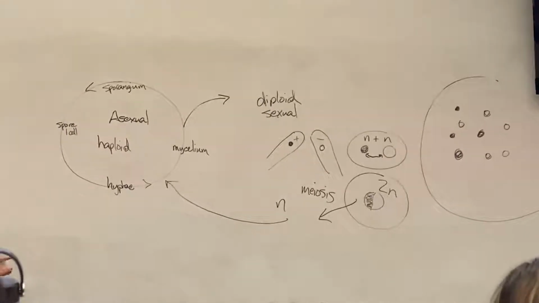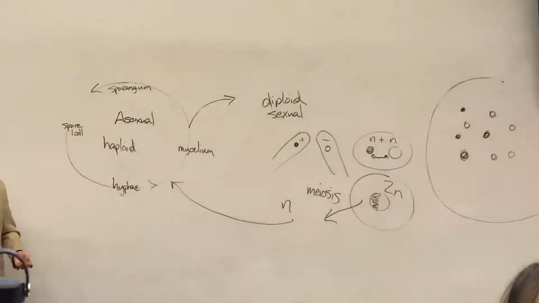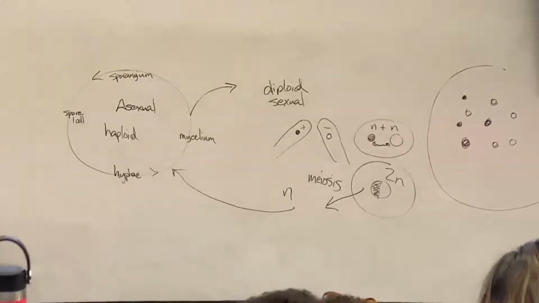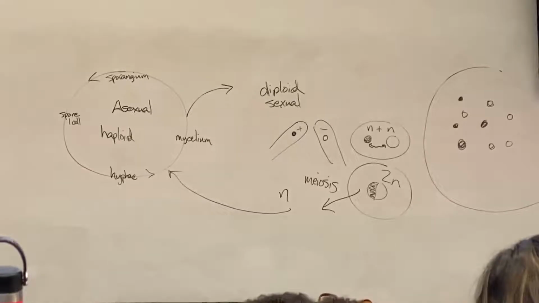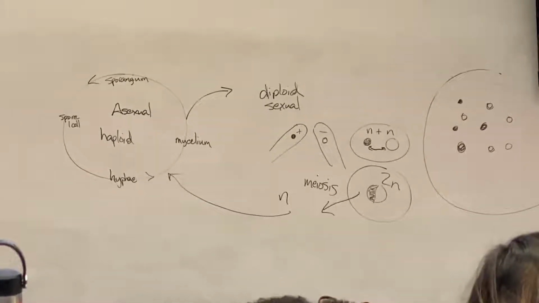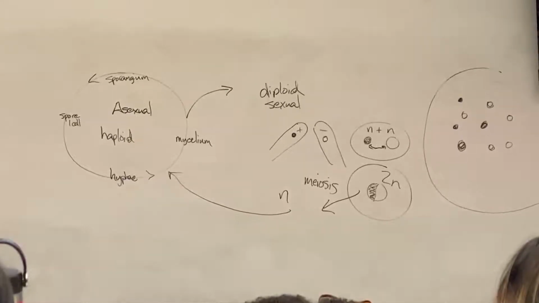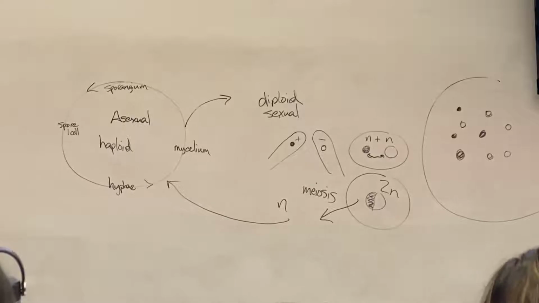The disadvantage is that you don't have any genetic diversity. You're just constantly reproducing asexually, you're cloning the same thing over and over again. And so what that means is if conditions change, you may no longer be suited for the new environment. And the change could be an environmental change in temperature, water availability, or it could be some sort of parasite or some sort of predator.